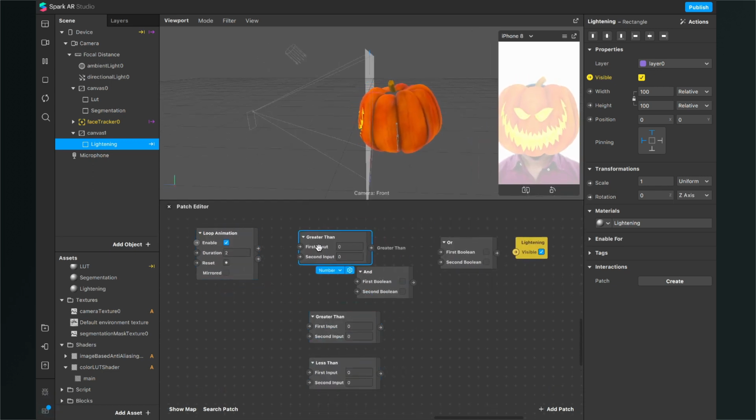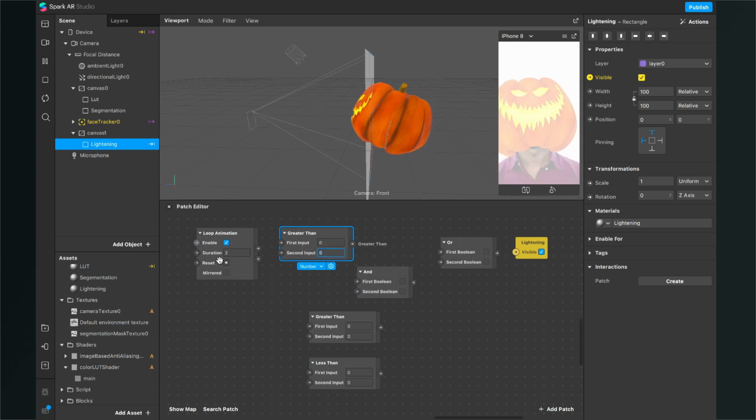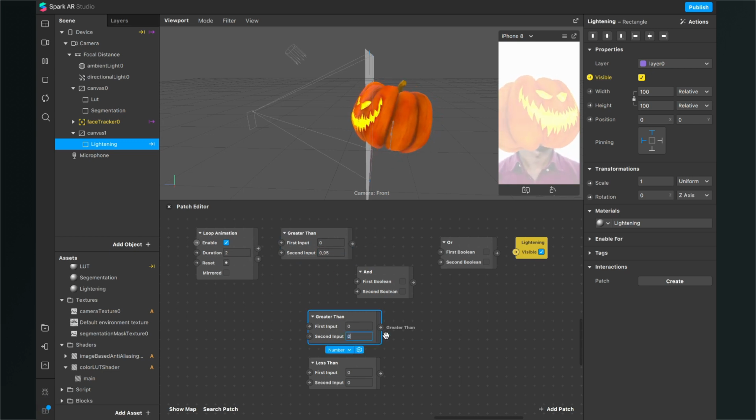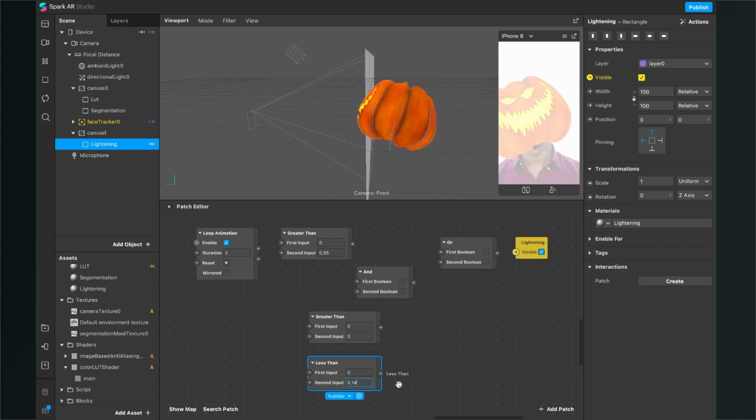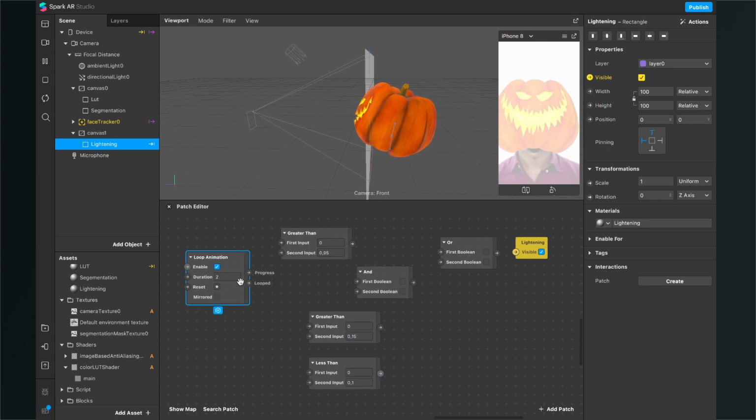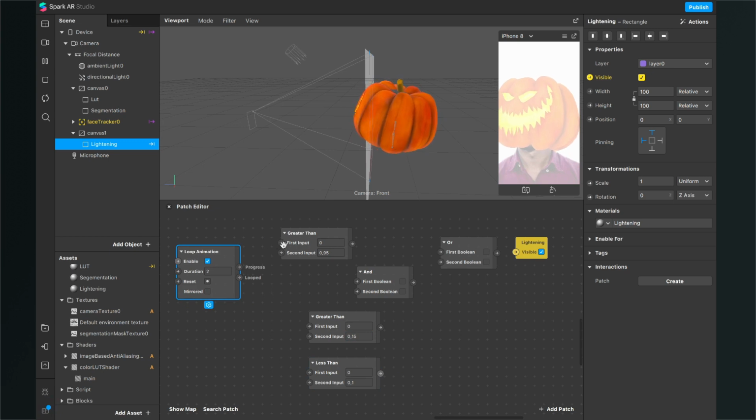So I want the lightning to appear when the loop animation is greater than 0.95 in the progress here, and also between 0.10 and 0.15. So here the first input gets the progress from the loop animation.